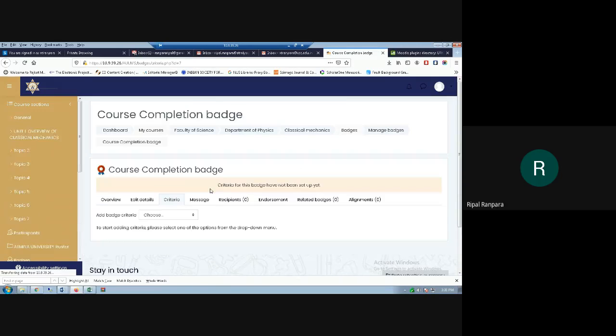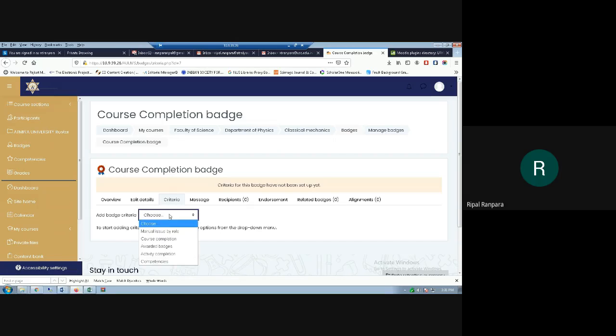And then create badge. Now, what are the criteria for the students to achieve this badge? So I can set that criteria to add badge criteria. As you can see, manual issue by the instructor, as here it is displayed as a role, means an instructor.